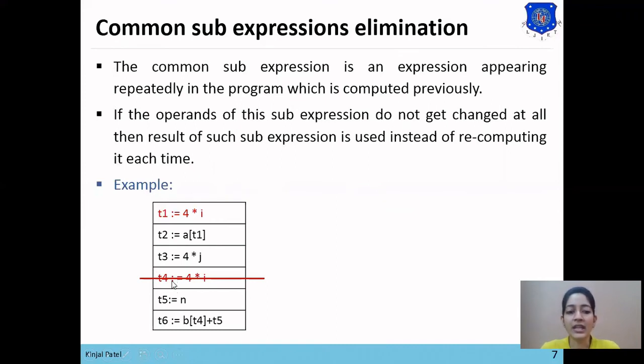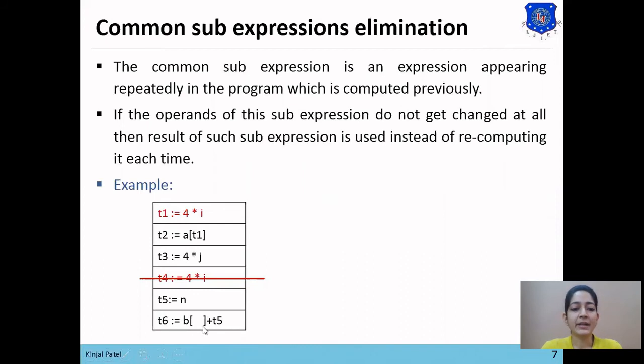So we need to change the T4 reference wherever T4 has been used. Here T5 equals N. There is no T4 used in this expression, so there will be no change in this line. T6 equals B of T4 plus T5. Here T4 is used, but as we have eliminated T4, because 4 star I has been evaluated and the result has been stored in T1, we'll give the reference of T1 instead of T4.